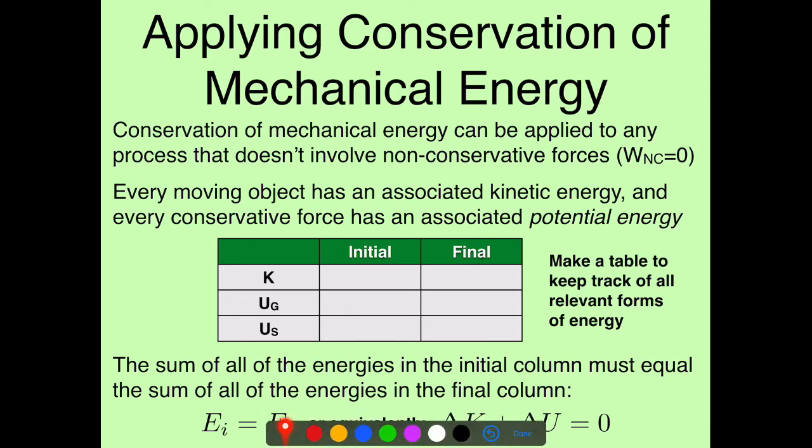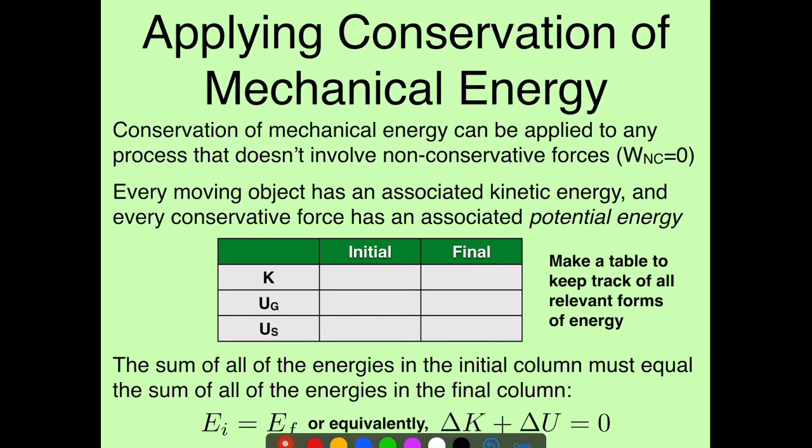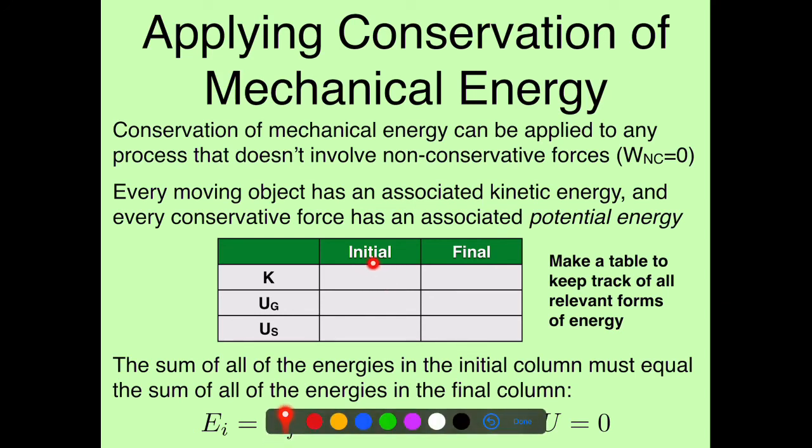You would list every form of energy. So this is just an example. You might have kinetic and then gravitational potential and then spring potential, let's say. And then you would look at the initial state of your system and then the final state. So your job would be to fill in this table. Okay, you want either a number or a formula for the kinetic energy initial and then kinetic energy final. You'd fill those in. You do the same thing for the gravitational potential,